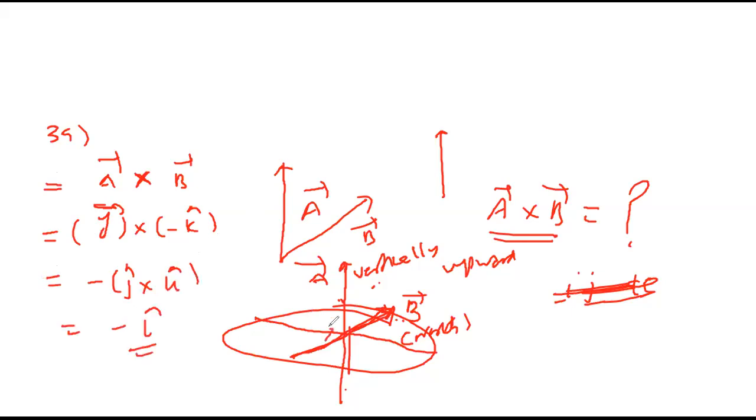Minus I means which side? Left, na? Minus I, left. Left means along west. Because if this is north, this is south, this is east, this is west, so we get along west. Very important. Along west, B is the option. Next, sum number 40. First write this properly. Everybody write it down.